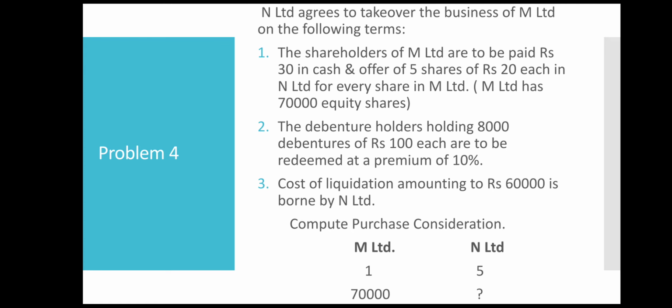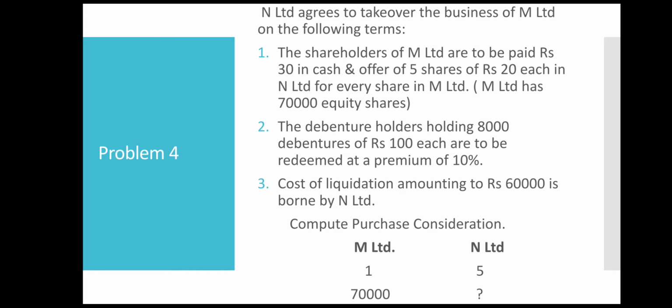5 into 70,000 gives you the number of shares. To that number of shares you have to multiply 20. So that will be your purchase consideration. Okay, so first we will consider the shares, then the payment made in cash. Cash is nothing but, see here, the shareholders of M Limited are to be paid rupees 30 in cash. So every shareholder, they are having 70,000 equity shares. So for 70,000 you have to multiply it with 30,